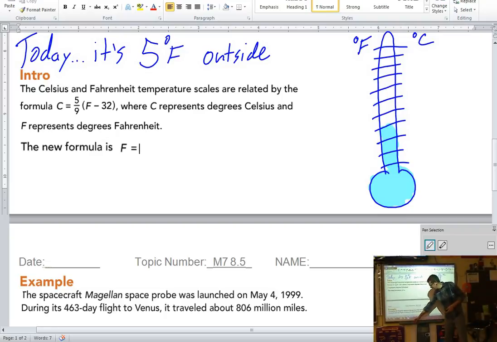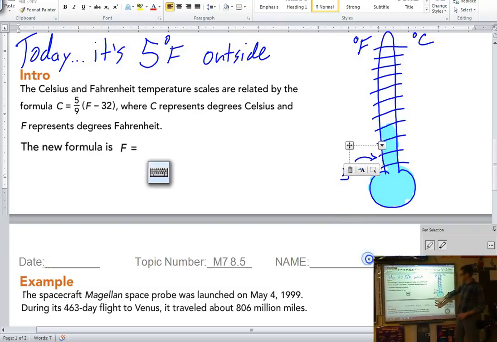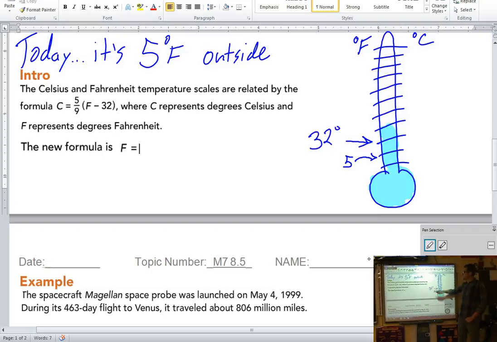Let's say it's 5 degrees right now. Let's make a little mark that it is 5 degrees, which is really close to 0. Actually, I'll put it up a little bit because we can have temperatures below 0. Somewhere, what is the mark in the Fahrenheit temperature scale where water freezes? Anybody? 32, right? Yes. So let's make a mark somewhere that is our 32 degrees freezing.